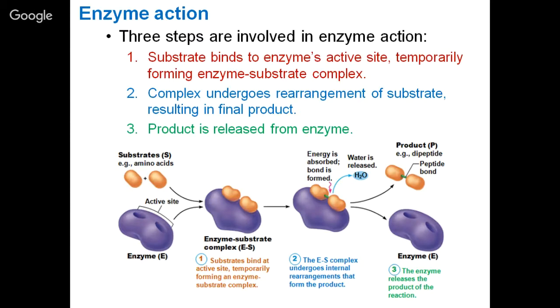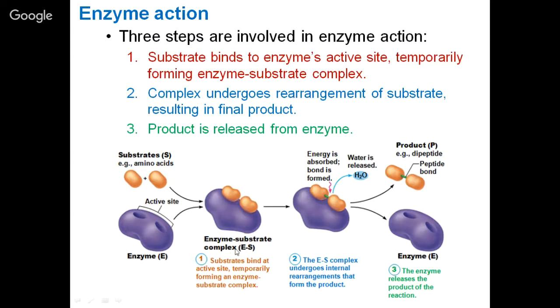So with related to the enzyme action, there are 3 steps involved. The first one is that the substrates are going to bind to the enzyme active sites, and this is a temporary process, and we call it formation of the enzyme substrate complex. So here the orange colored oval shaped compounds are the substrate, and the enzyme is shown in purple. You see the active sites, 2 active sites, and when the substrates are bound to the active sites,